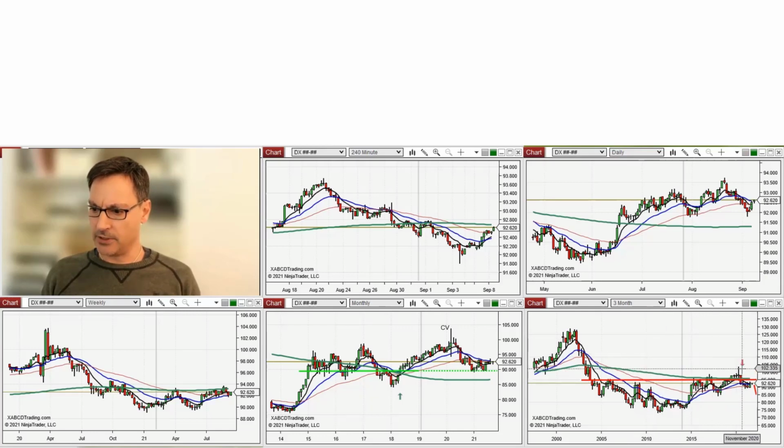So what we have here is an important long-term entry signal, right? If this chart goes down, this means that the dollar is losing its value. And this is a very long stretched consolidation pattern that went from 2004 into 2020.